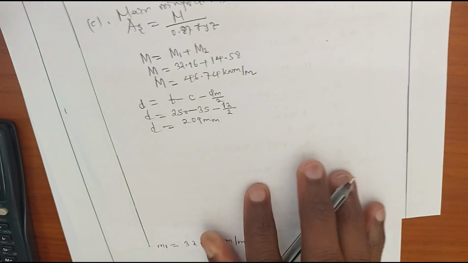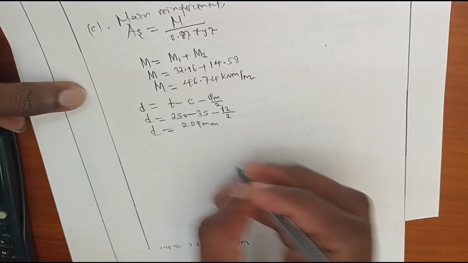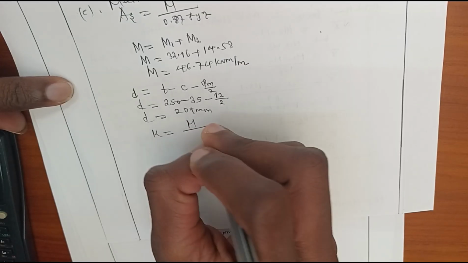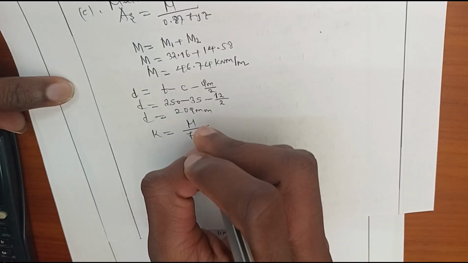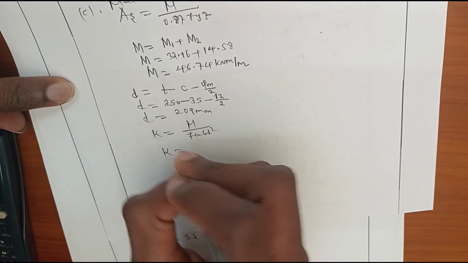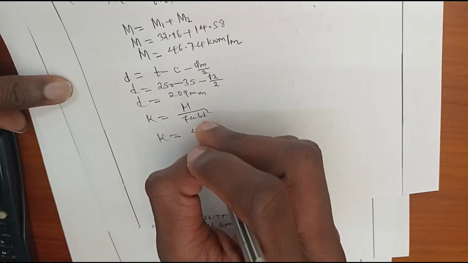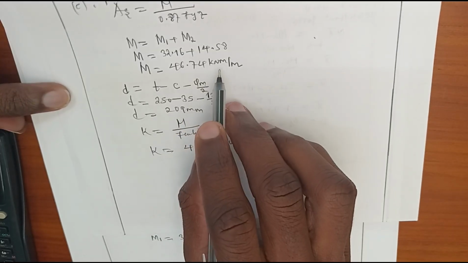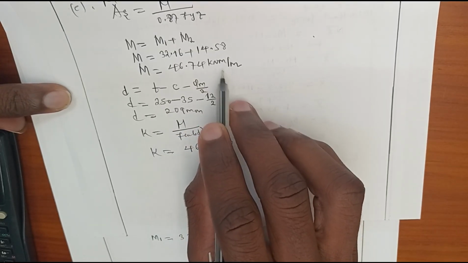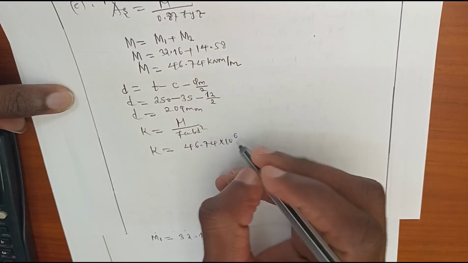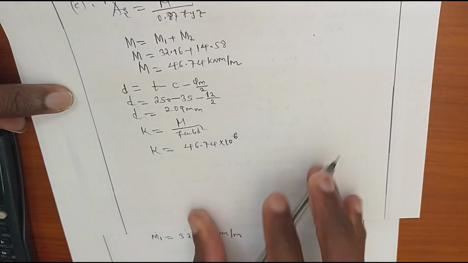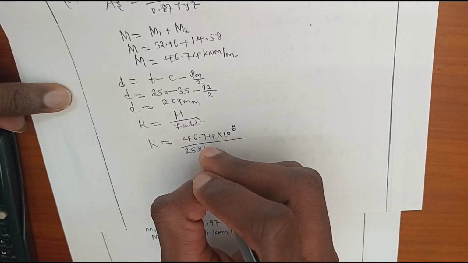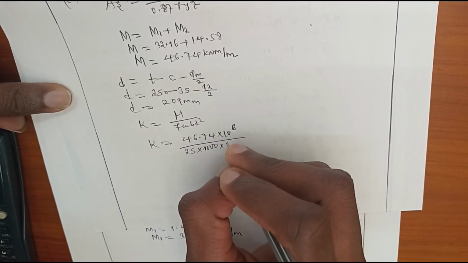This is effective depth. Now, after obtaining effective depth, let's find the value of K. The value of K is obtained by taking the design moment of the stem over fcu b d squared. The design moment is 46.74 exponent 6 kilonewton meter. To put it in newton millimeter, we multiply by 10 power 6. Fcu is 25, b is 1 meter, which is 1000, times effective depth, which is 209